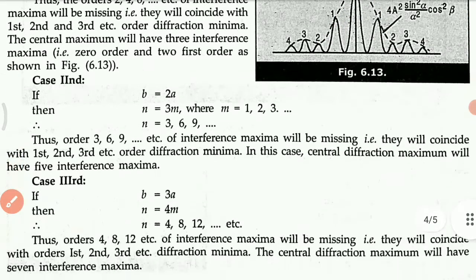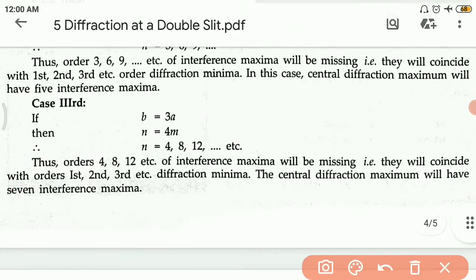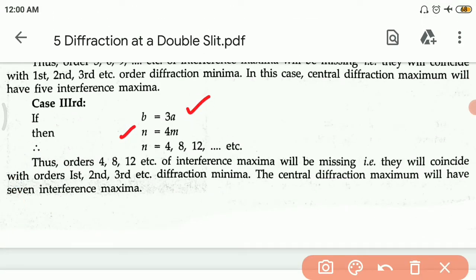Now see case 3: if b is equal to 3a, then n will be equal to 4m, so it will be 4, 8, 12, etc. Okay, so similarly, the order 4, 8, 12 of interference maxima will be missing and they will coincide with the first, second and third diffraction minima. Okay, and the central diffraction maximum will